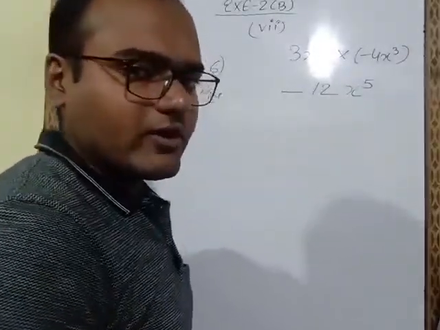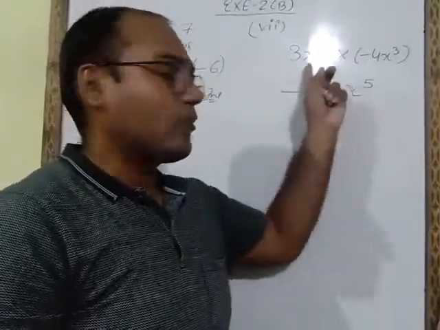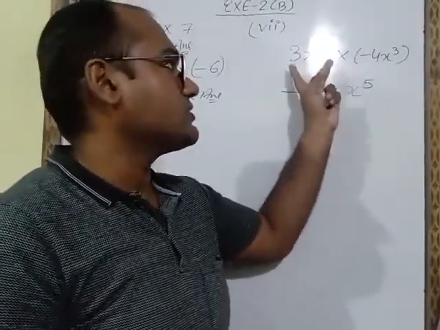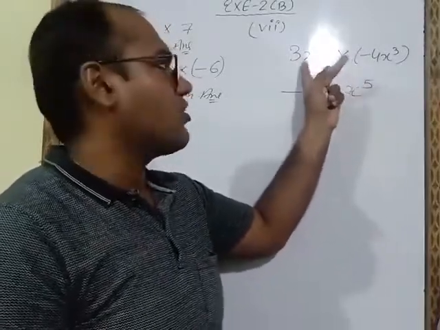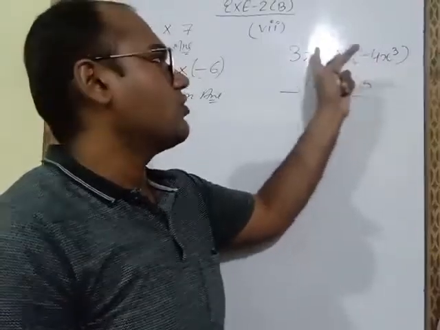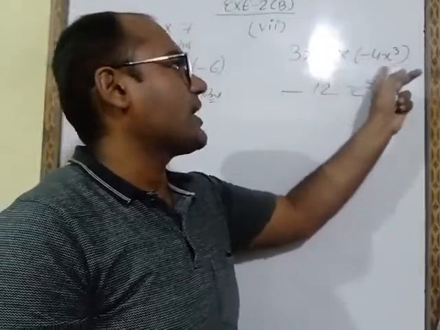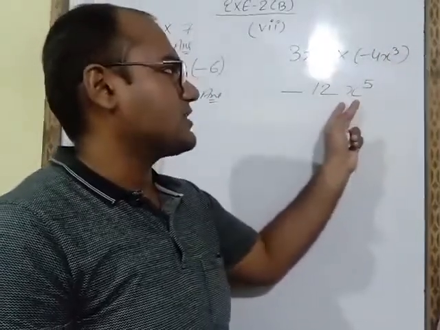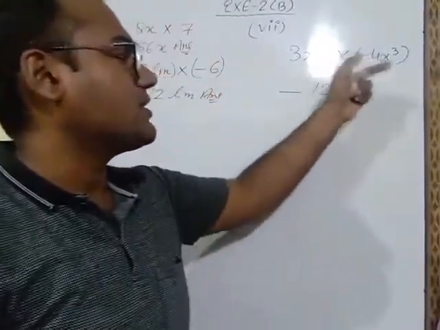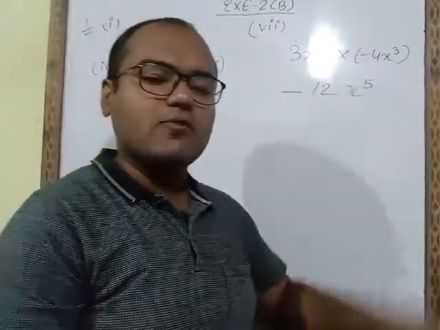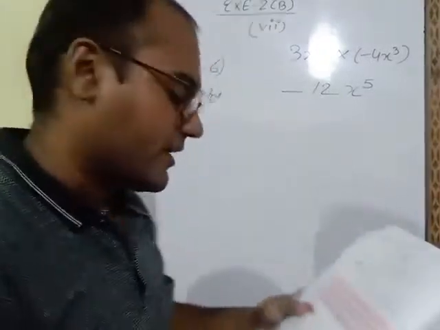Laws of exponents you had studied in the half yearly portion, the first term portion I explained to you. In the product, the alphabets are same, the bases of these two things are same. So on multiplication the powers get added. So x power 2 multiply x power 3, the answer will be x power 2 plus 3. 2 plus 3 will become 5. That's why on multiplying these two we get minus 12x power 5. So like this you have to do question number 1. Now see question number 2.